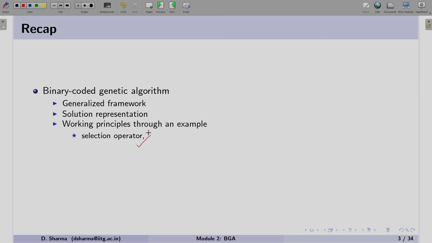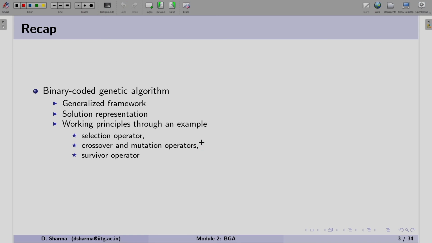In this selection operator, we discussed binary tournament selection and we selected those solutions to make a matching pool. That matching pool was then used for the crossover and mutation operators. We discussed the single point crossover operator and the bitwise mutation operator.